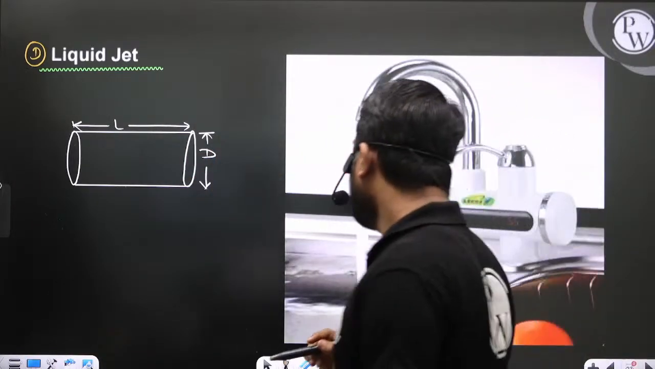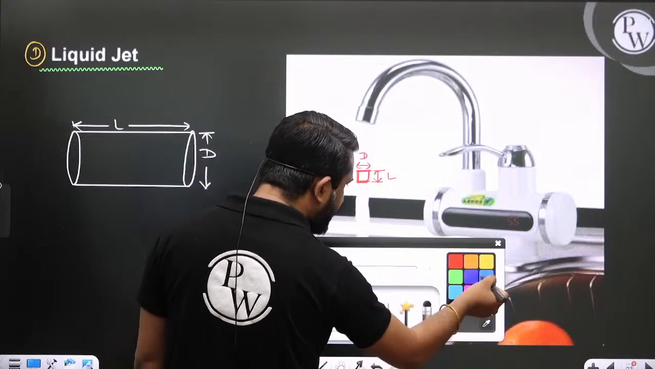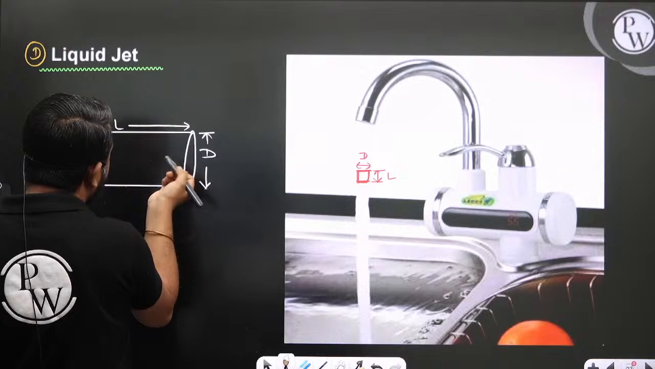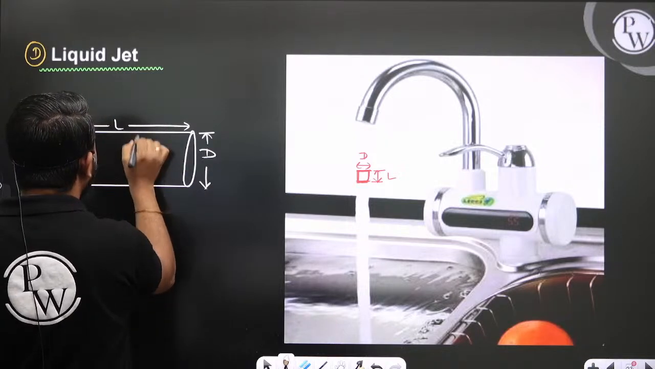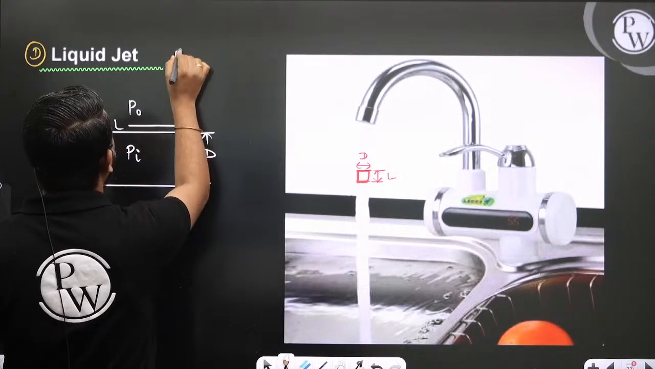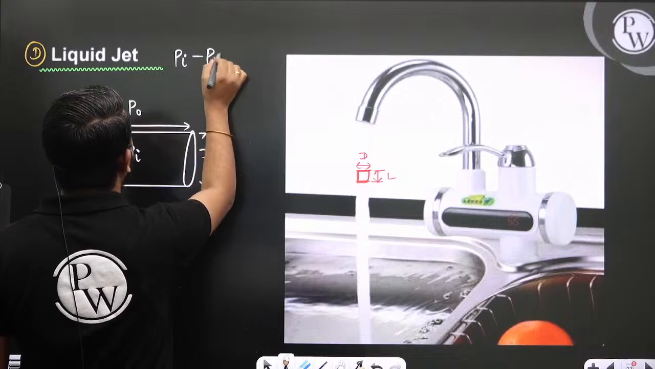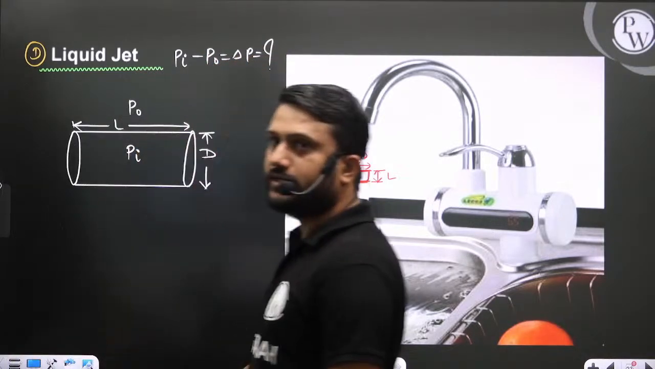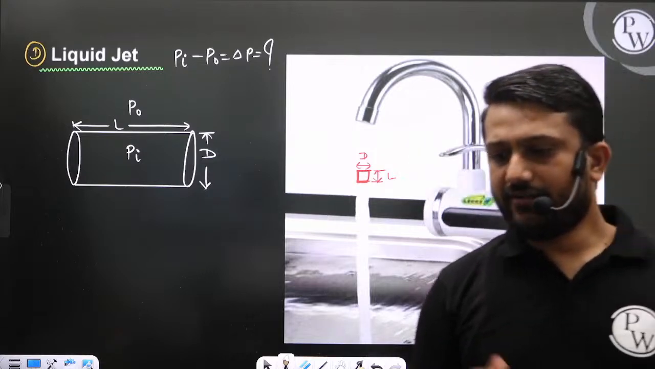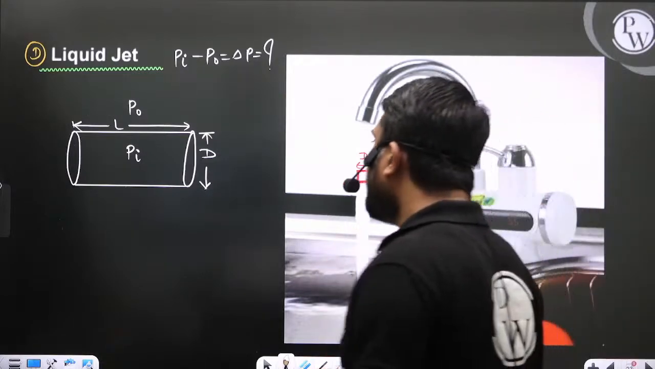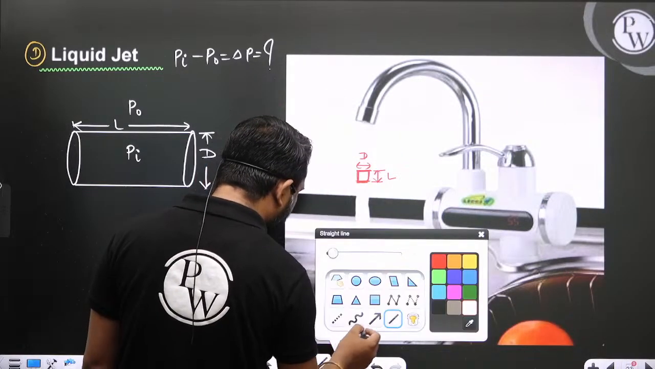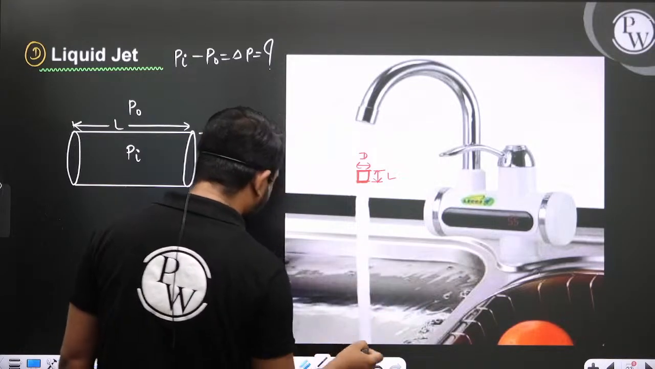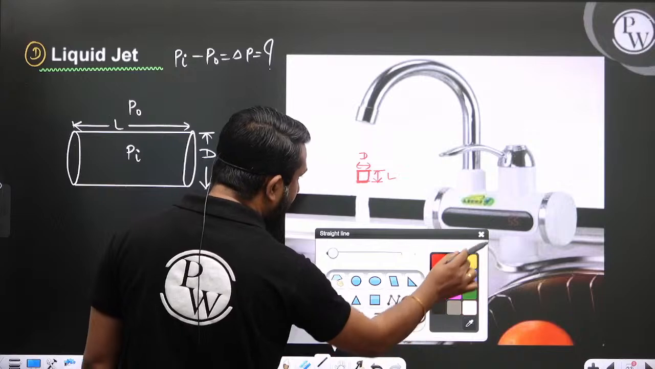Fine. Now, if you see this liquid jet, what is our ultimate objective? The ultimate objective is calculation of Pi minus P naught. So what is the R1 and what is the R2 in this case? So beta, if you want to see R1 and R2 in this case, see,